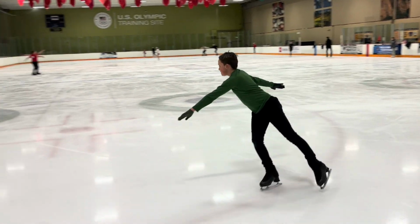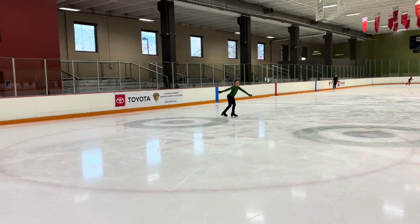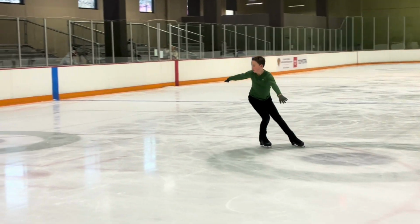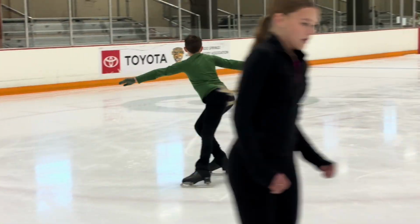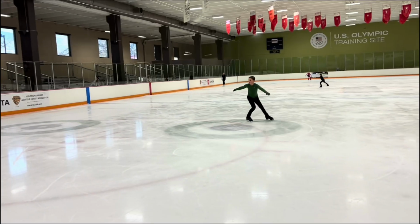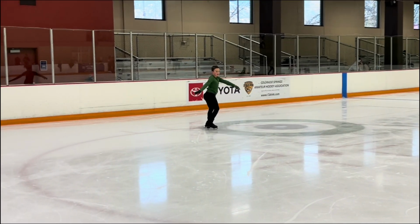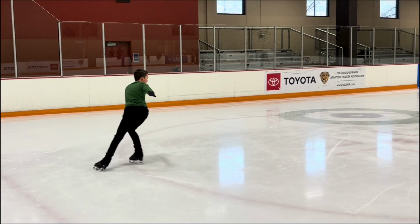Now let's move into backward crossovers and focus on bending the knees and ankles, extending the free leg after each push, and maintaining proper upper body alignment. Always look in the direction of your movement. This helps maintain a proper twist position in your upper body and allows you to be aware of other skaters around you for safety. By doing so, you can better align your shoulders and hips, which supports a more stable